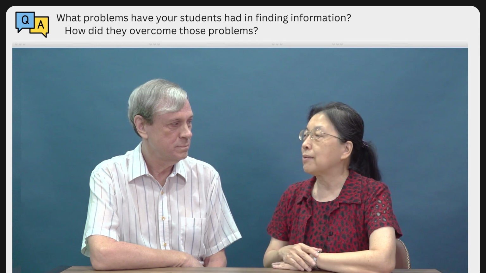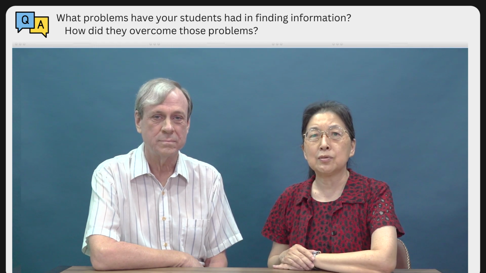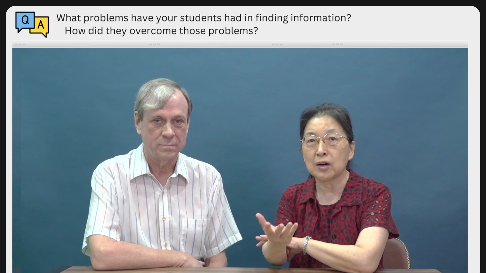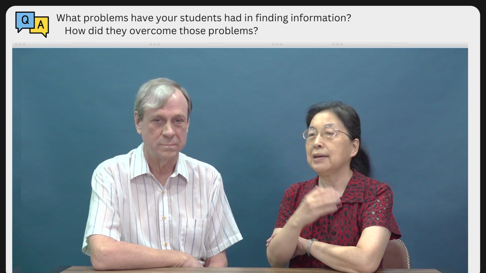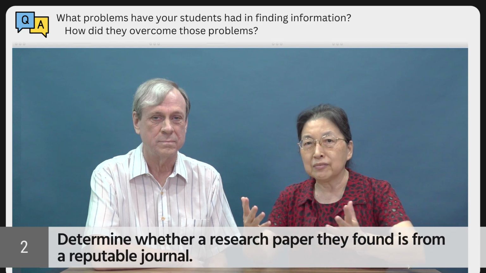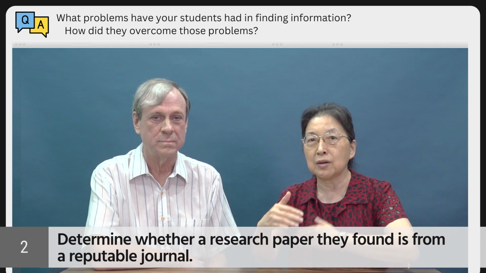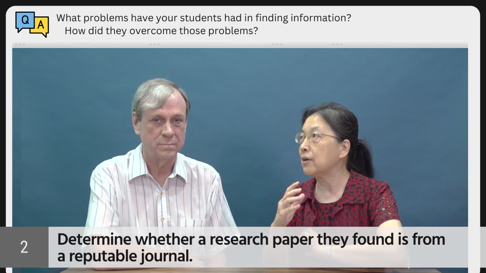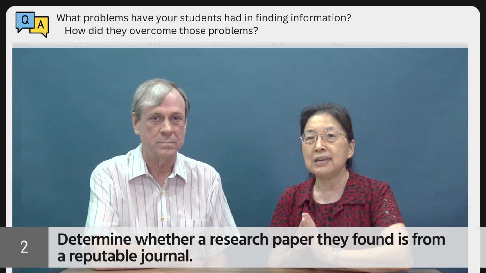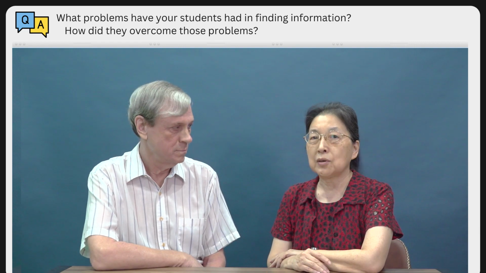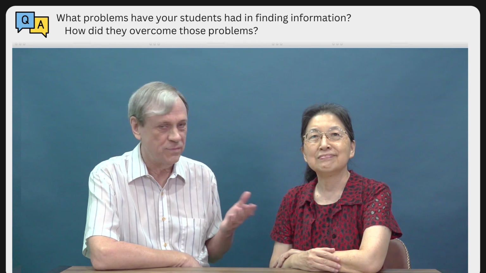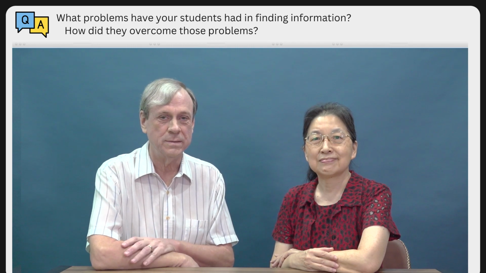And then the next problem is our students are usually not familiar with all those journals. They don't know which journal is reputable. So as their professor, their advisor, we have to provide a list of reputable journals in our specific field for them to search. This will also avoid citing predatory journals. So in other words, the professors have to do a lot of work. That's very much like science, the second problem.